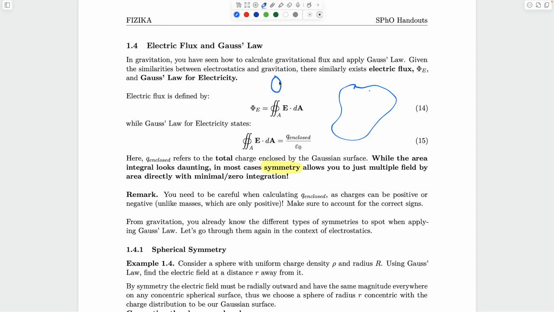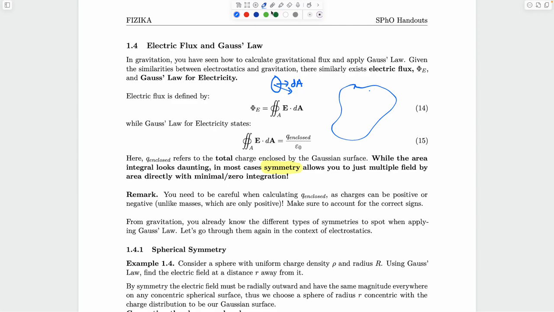So dA points in a direction normal to the surface. And then if the field is like here, you need to take the dot product. And then if you sum up the dot product across the whole surface, it must be equivalent to the charge enclosed inside divided by a constant. Over here, we put the integral symbol, which basically means summing up all the flux. But in a lot of cases, especially for SPhO, you don't have to do any integration, or maybe it's minimal integration, because symmetry allows you to